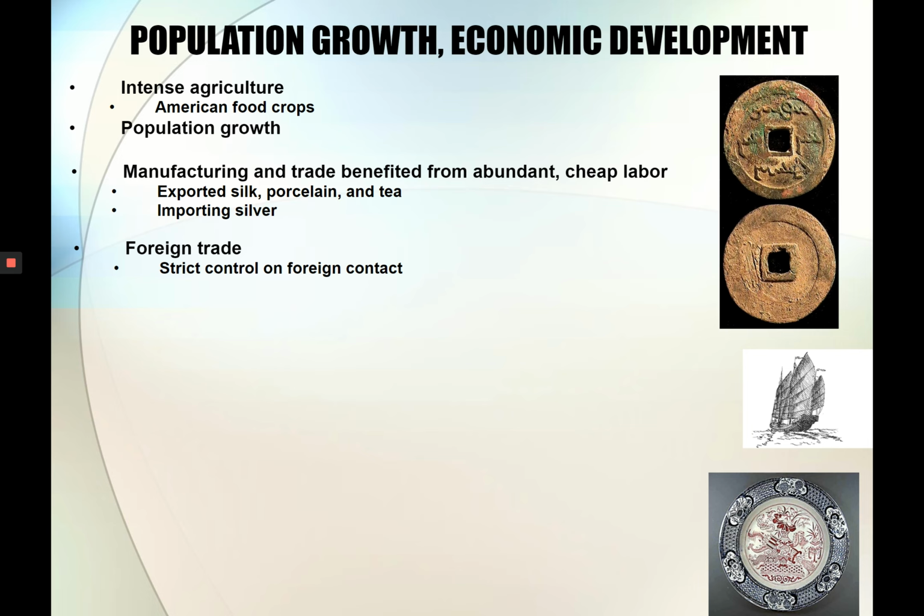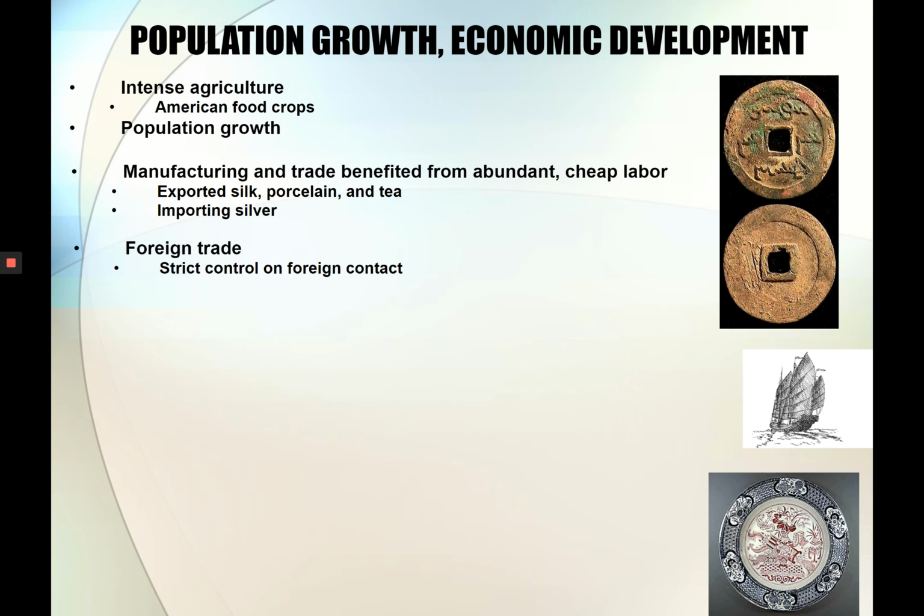And as a result, China actually loses a lot of their technological innovation. And this is odd because up until this point in world history, China had always been a center of innovation. When you look at some of the most important inventions in all of world history, many of them came from China. You look at the previous era, we had things like gunpowder and movable type and the compass. Well, China loses a lot of that during this period.